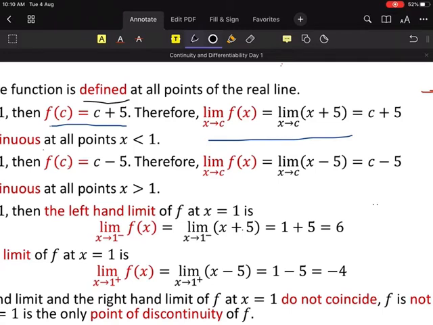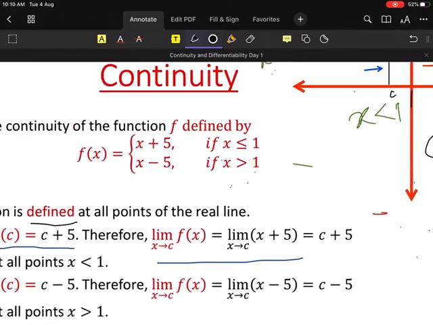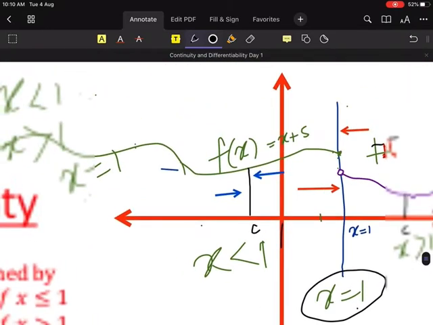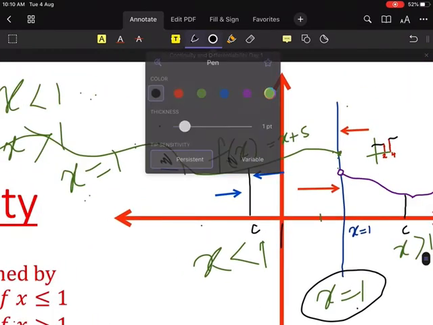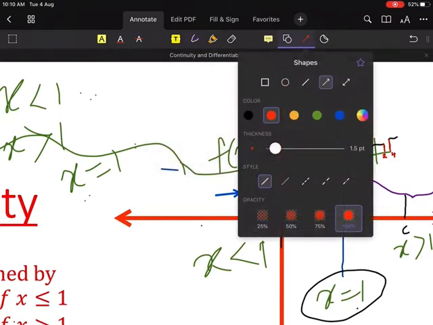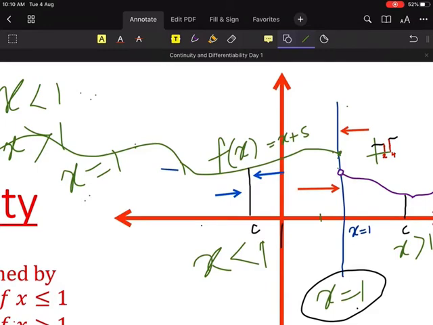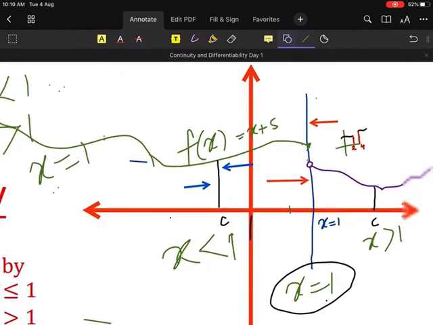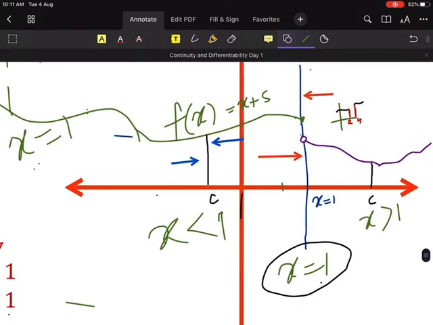That is our left hand limit, right? Yes, sir. So tell me, 1 minus means how much? Now look at the graph. 1 minus, now I will draw a graph like this. Look, everyone, look at this graph carefully. This is the x equal to 1 line, right? 1 minus means what? Less than 1.